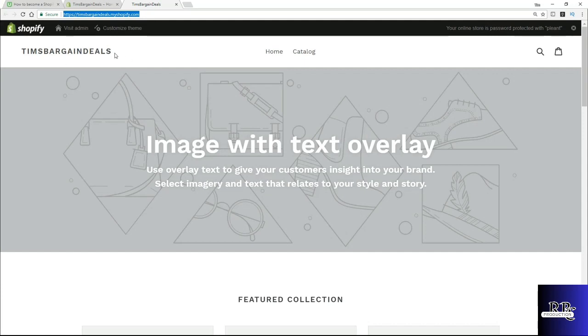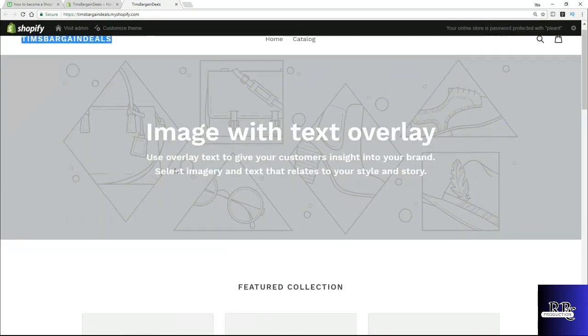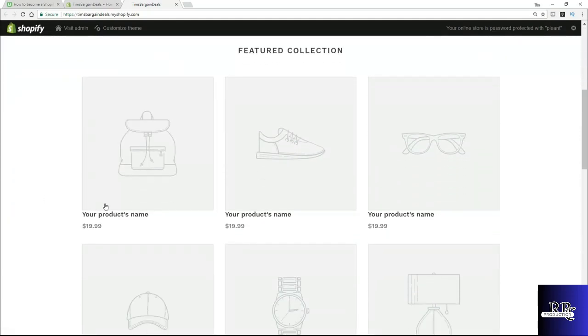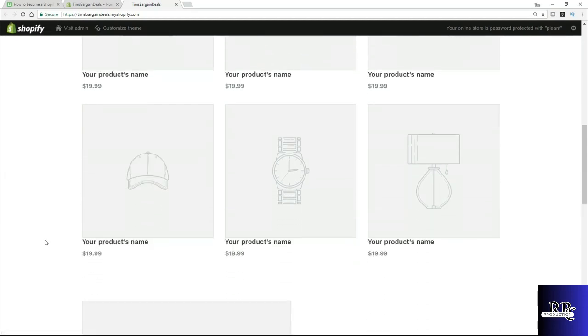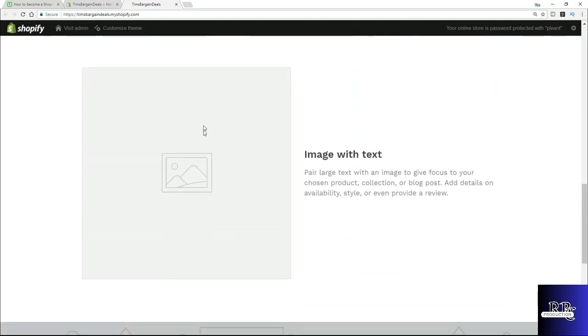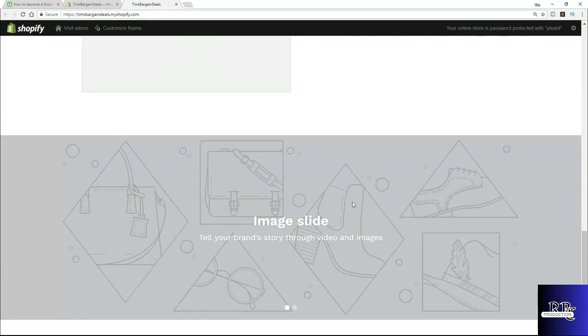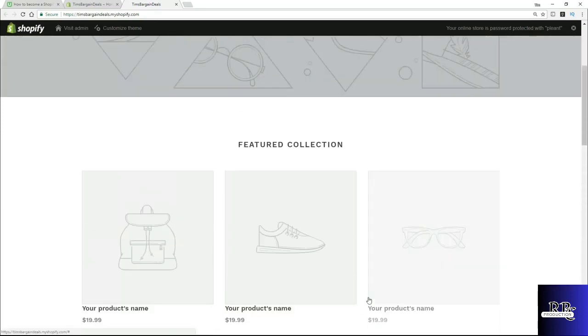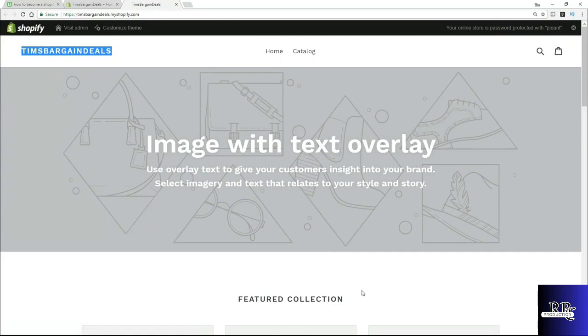So first off, we've got a logo of sorts, right, or at least a logo placeholder, Tim's Bargain Deals. And we're on the home page, right? And here we've got a nice big image overlay where we can put some beautiful images telling people exactly what we are selling in our store immediately. We've got the spot for a featured collection where we can drop products in at various prices. There's another thing here with an image with a text that we could do, and another image slide down here. Now, all of these things are fully customizable, but you know, that's what they've given us to start with,